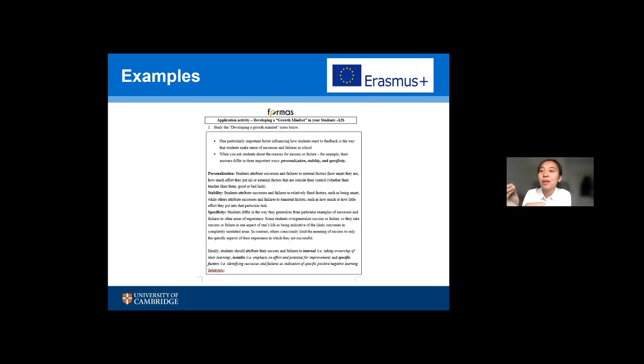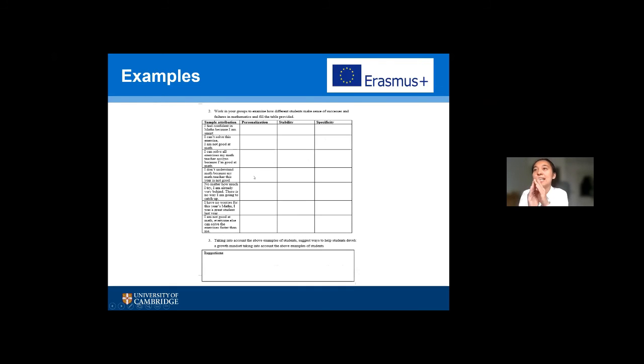Based on this, you can give students this kind of form, like, 'I feel confident in math because I'm smart,' or something. Then see which reason they provided, understand them, and guide them